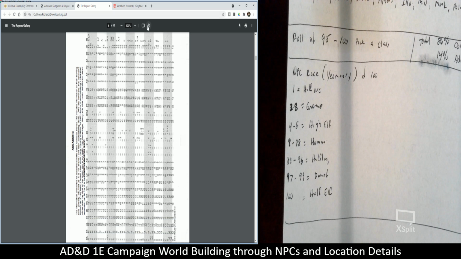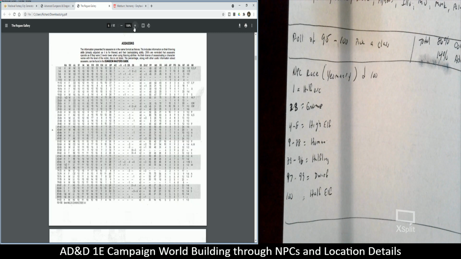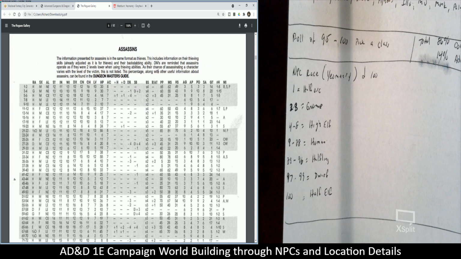So I'm just going to spin this around so you can see it, and I'm going to zoom in. So here we have our assassins. And once again, you're rolling a D100. I am looking to find an assassin to put in my city of Westburn, potentially as a trainer. Which means when I roll the D100, I want to make sure that my assassin is going to be at least 5th level. So if I roll a 1 or a 2,